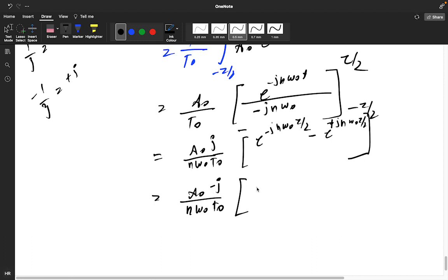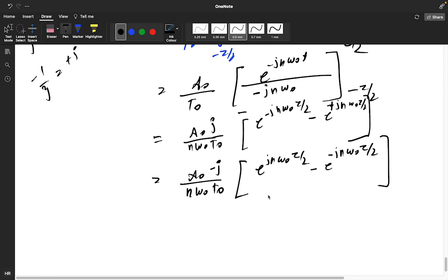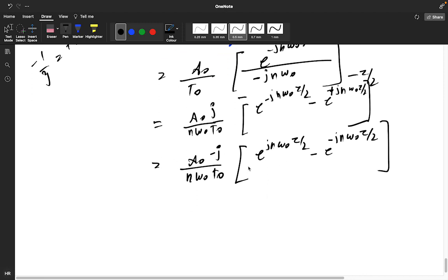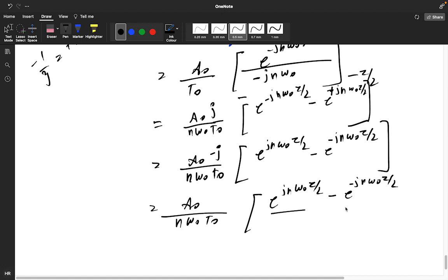Taking the minus common, e power j n omega naught tau by 2 minus e power minus j n omega naught tau by 2. Now we can break this term, and bring this downside because breaking is required. So this is j,